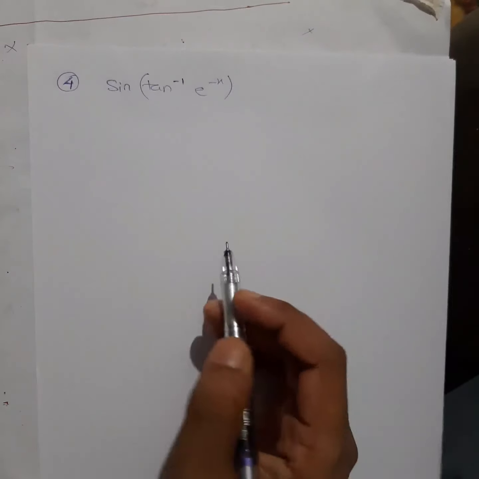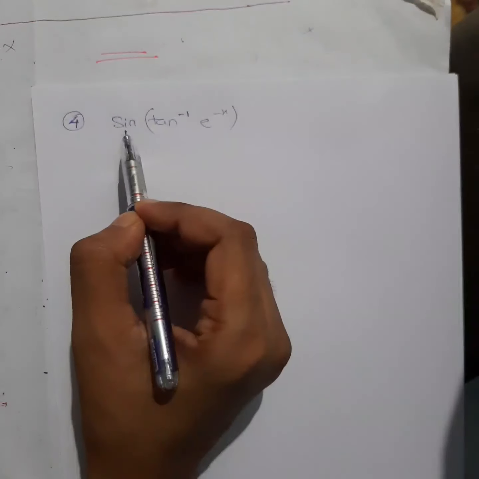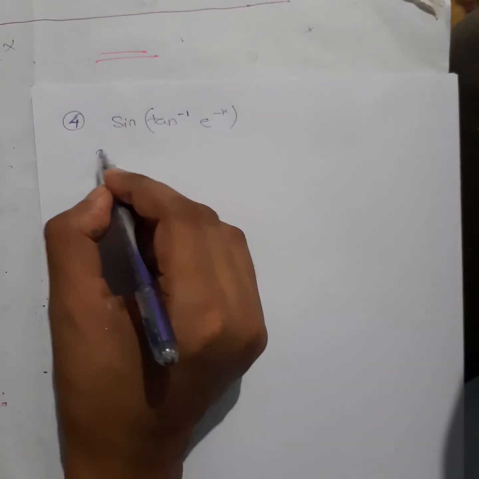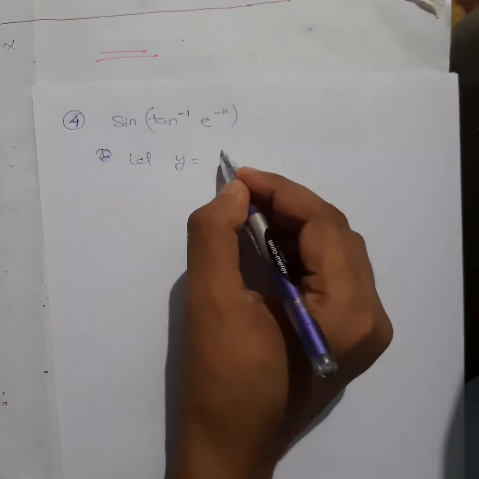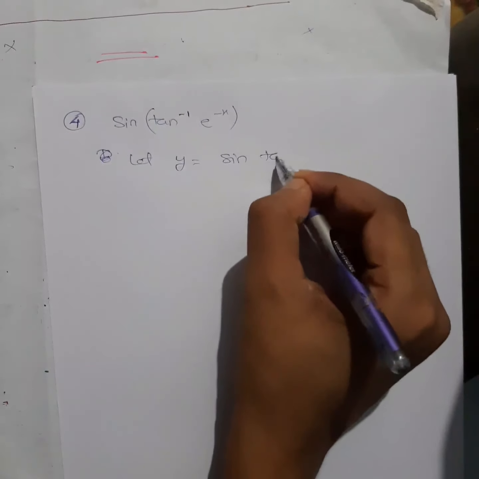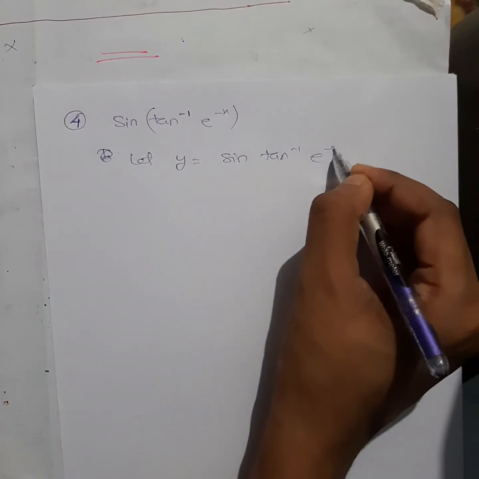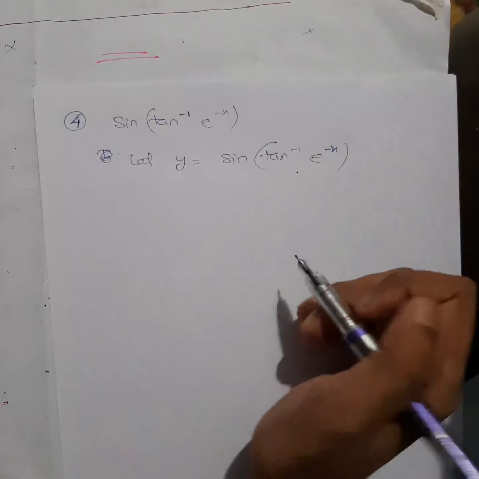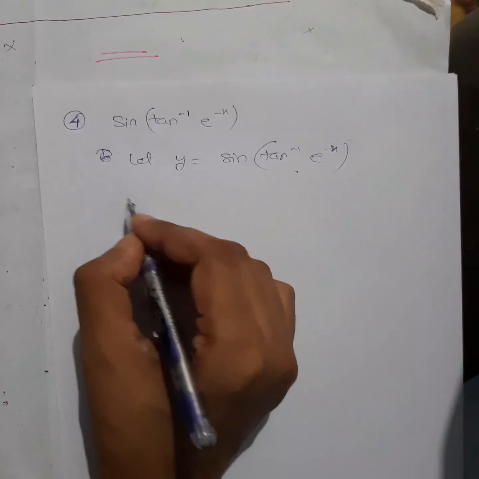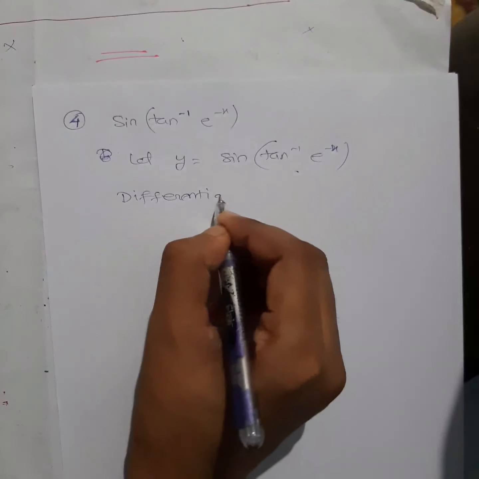Okay, students, so next is question number 4. We have to differentiate this one with respect to x. So first, let y is equal to sin(tan inverse e to the power minus x). So this is your question, and we have to differentiate this one. Differentiating